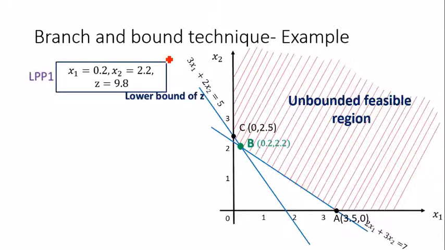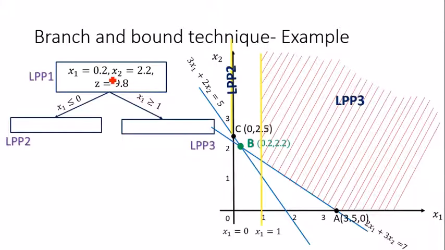So I'm choosing again x1 as the branching variable. Since x1 is 0.2, it will create two branches like this. Either x1 will be less than or equal to 0 or it will be greater than or equal to 1, because 0.2 lies between 0 and 1. So let's first look at what will happen if x1 is less than or equal to 0. Since x1 is less than or equal to 0, it means x1 is exactly equal to 0